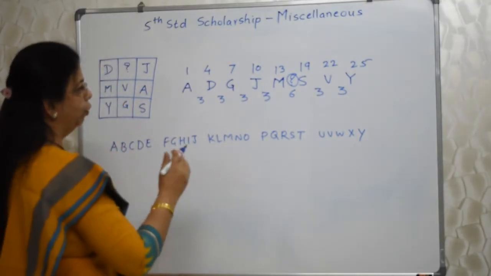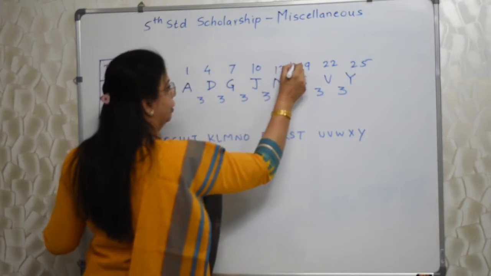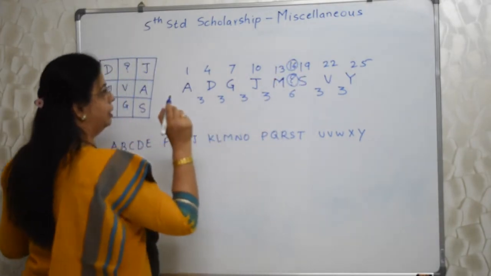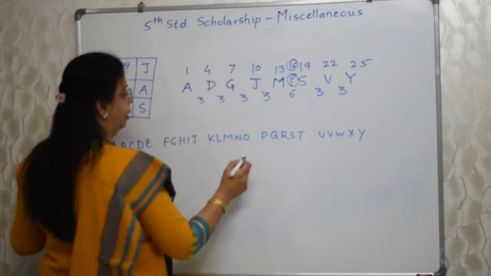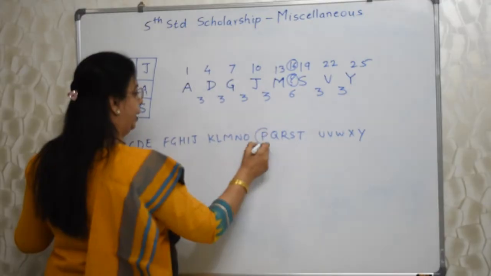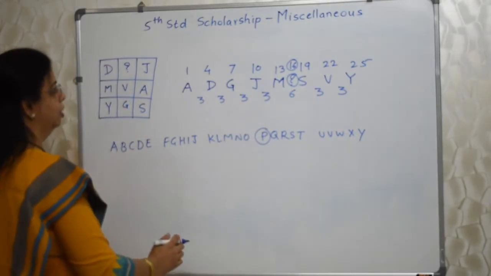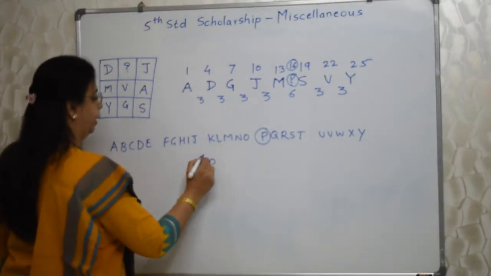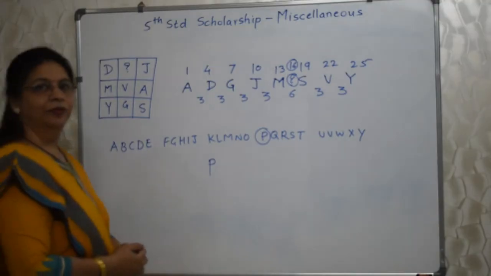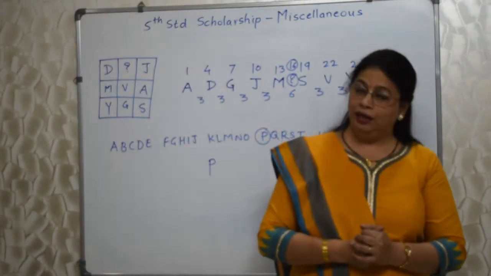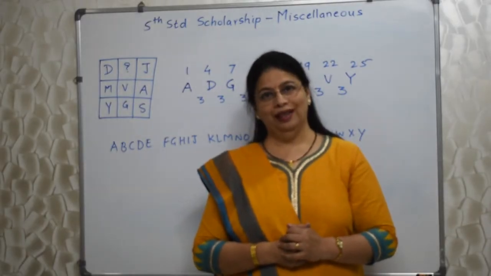We must divide it into 3 and 3. So 13 plus 3 is 16. So we should find out the 16th letter which will come in place of the question mark, and that letter is P. 5, 10, 15 and this one is 16. So our answer is P. Isn't it easy? Interesting. Isn't it? Right? So whenever they give you letters, try to give them their serial numbers. Okay, let's move ahead.